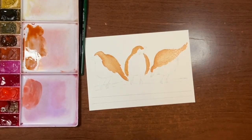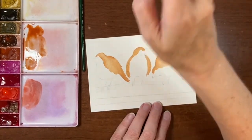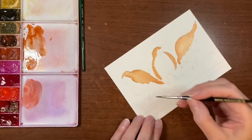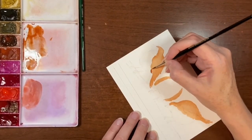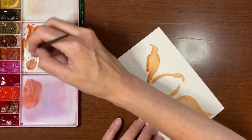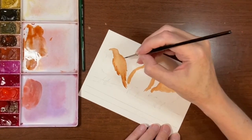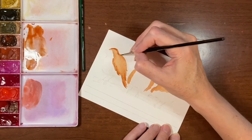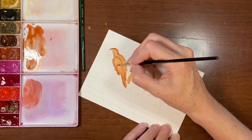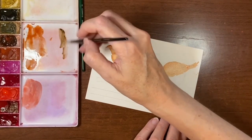Now I want to make sure that these just stay kind of quick and loose, so I don't want to spend too much time on them, but I'm going to go in with a little more of the burnt sienna and just kind of put some lines in where his wings are. I've switched to my size 2 round. Okay, so we're just doing this to give him some shape and some kind of idea of wings, like I say. Now I'm going to take some sepia